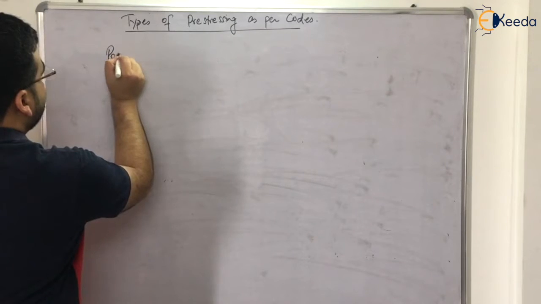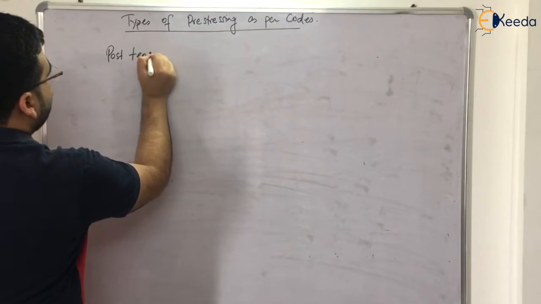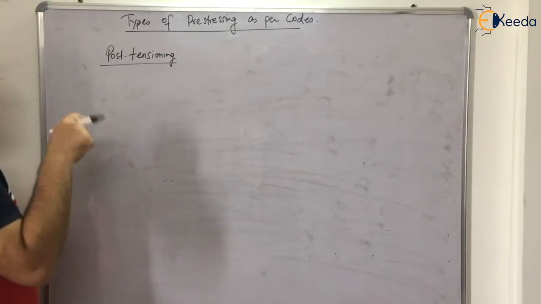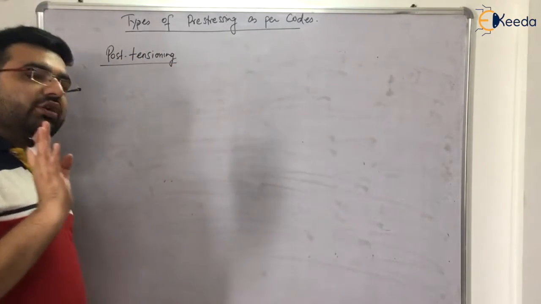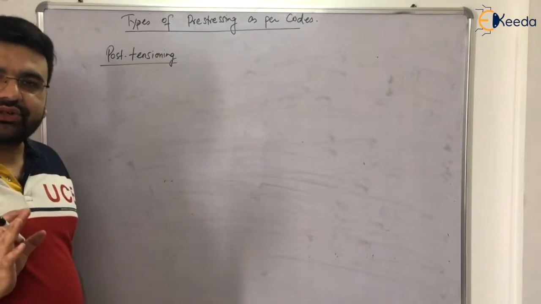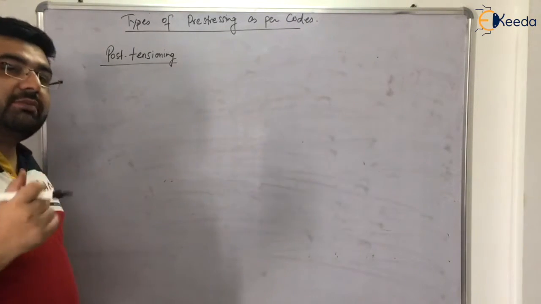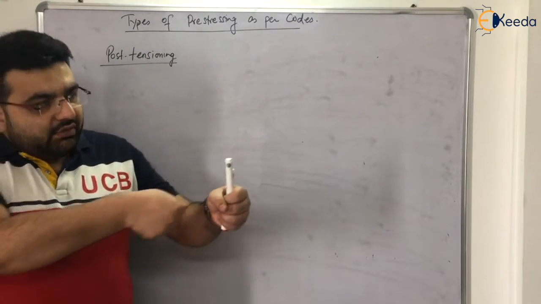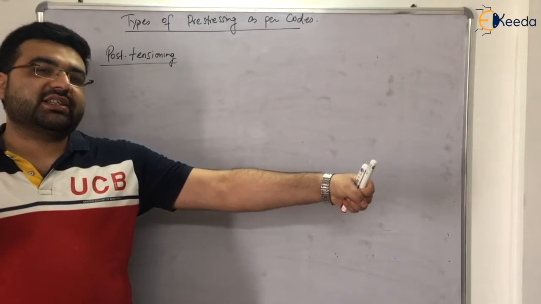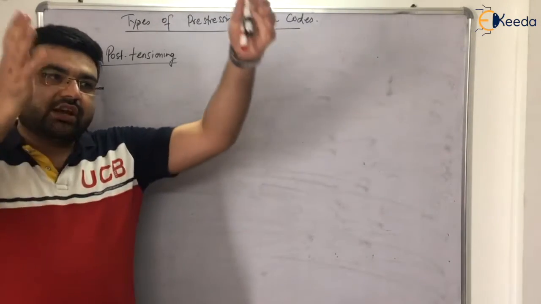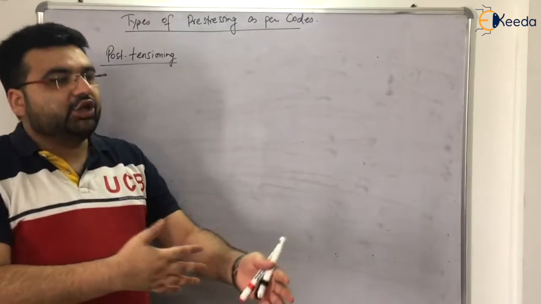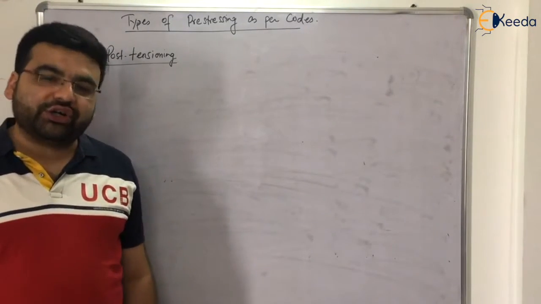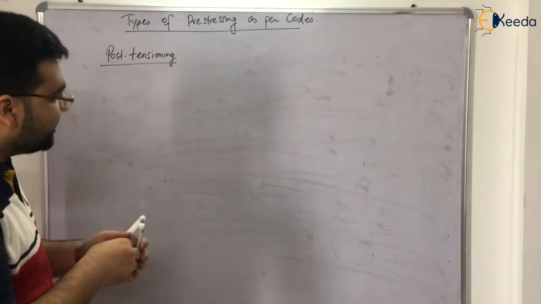Post-tensioning. As is clear from the name, it is tensioning after the concrete beam or structure has been cast. Now the question is, how is it possible? Because in pre-tensioning, we were stretching the tendon before the beam was cast. After the beam was cast, after 28 days, we used to cut the tendons, which would come back toward the original position, and hence compress the concrete, right? But how is it possible here? It is possible, dear students.